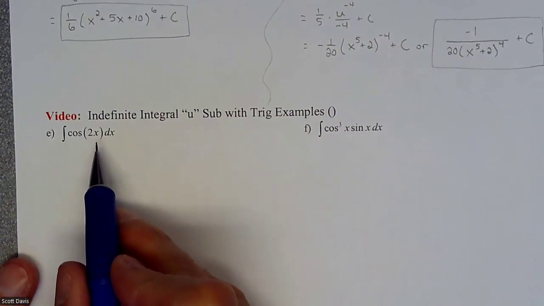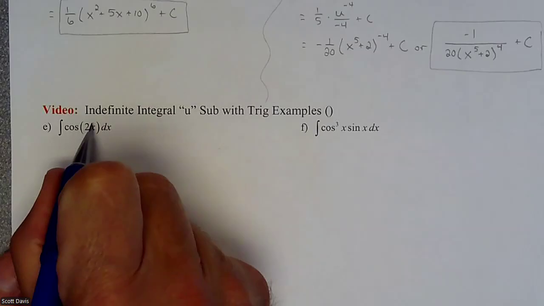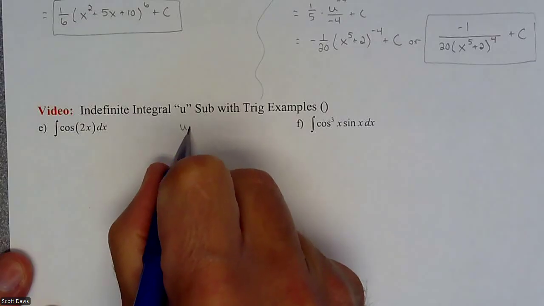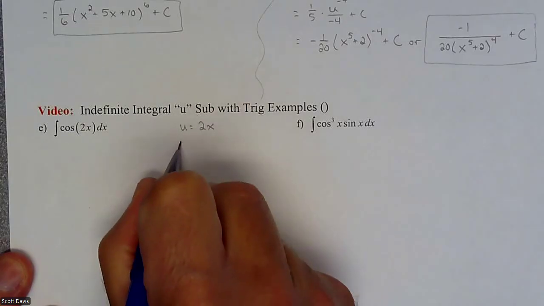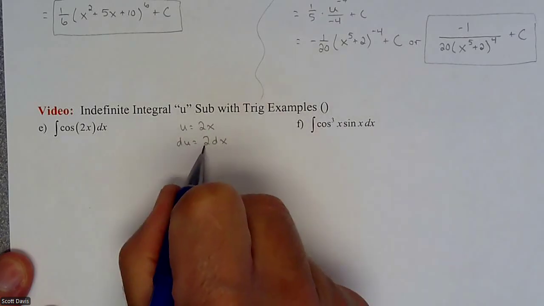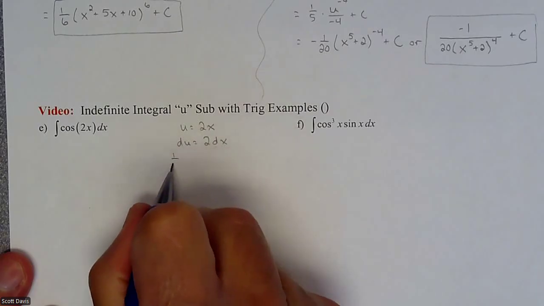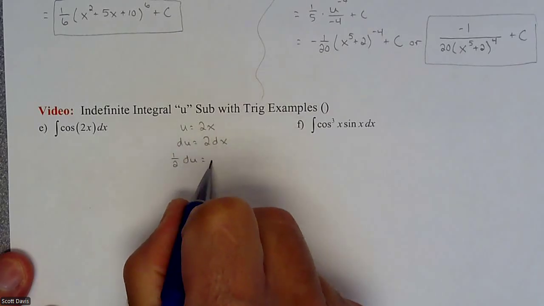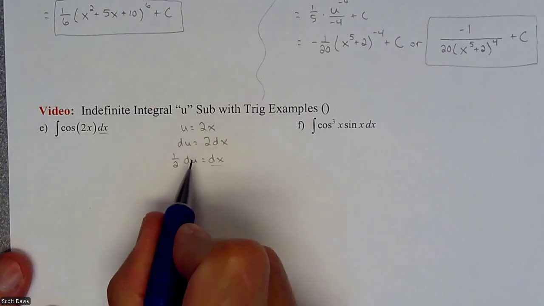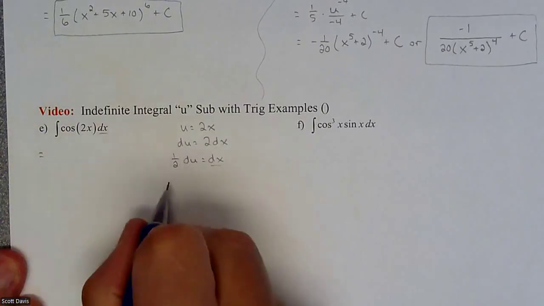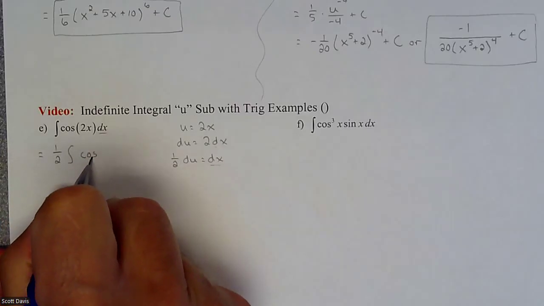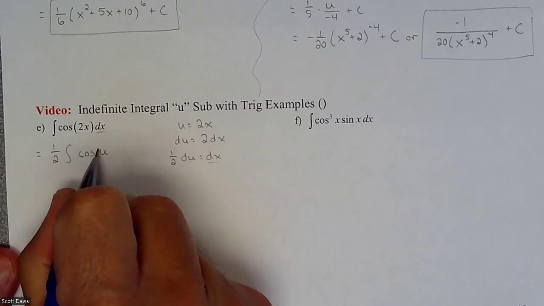So on a straightforward trig problem, this is your inside. This is your chain rule piece. And so we would let our u equal 2x, our du would equal 2 dx. And then I'm always just going to bring that piece over. So that's going to be a 1/2 du equals dx. So dx is being replaced with a 1/2 du. So this becomes, I'm going to take the 1/2 out in front. And then instead of cosine of 2x, it's cosine of u